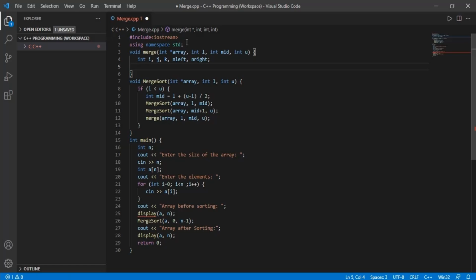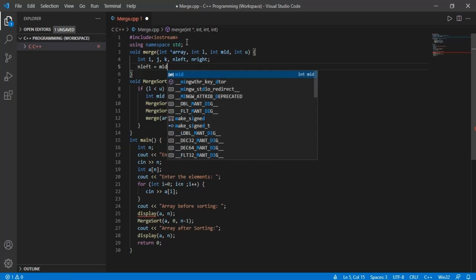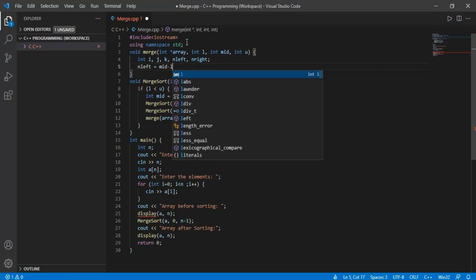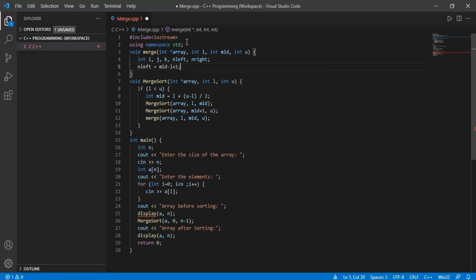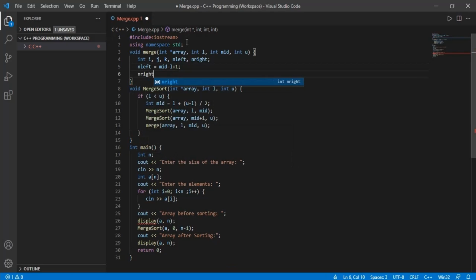Then we'll write down the formula for the same. So n left equals the mid value minus the lower bound, and as the indexing for the array starts from 0, we add 1 to it, which will give us the size of the left subarray. Similarly for the right subarray, which starts from mid plus 1 up to the upper bound, we'll write upper bound minus mid value, which will eventually give us the size of the right subarray.